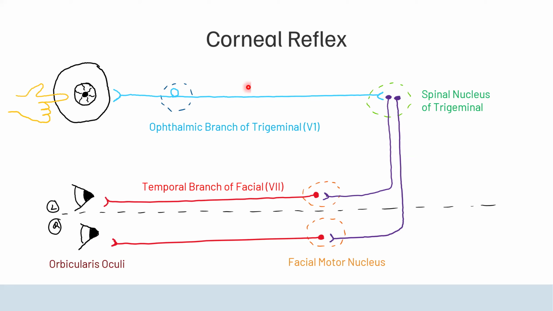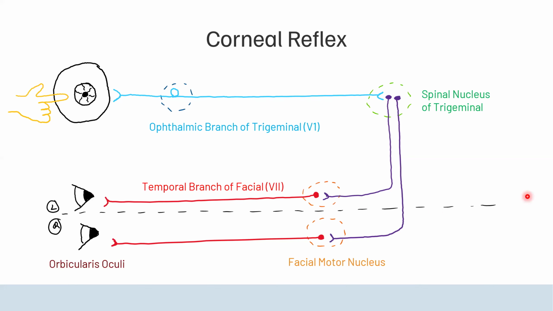So once again, what is the corneal reflex? When I agitate the cornea, the trigeminal is going to go synapse with the spinal nucleus and give me two supplies, one to the left, one to the right, of the facial motor nucleus. This facial motor nucleus will then give me the facial branches to the orbicularis oculi muscle, leading to blinking of both eyes. So it's not just one eye either. Is that clear? Okay,